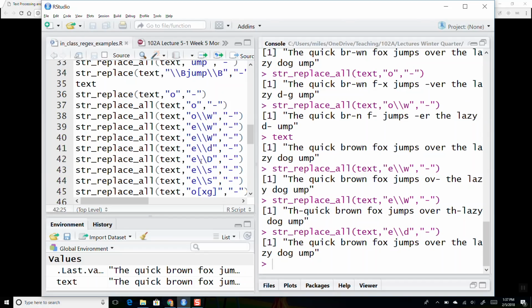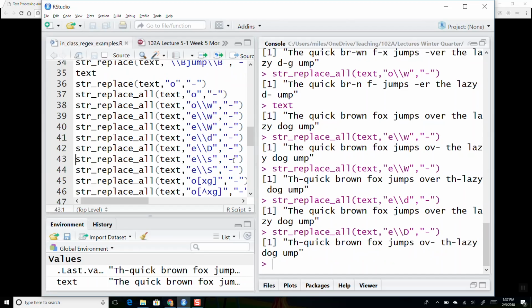E followed by capital D, \D, so non-digit. What will this match? It'll match the ER, and I believe it'll match the E space. Well, let's see. Okay, so it matched the ER and then the E space, because these are E followed by a non-digit character. Okay, I got E followed by a